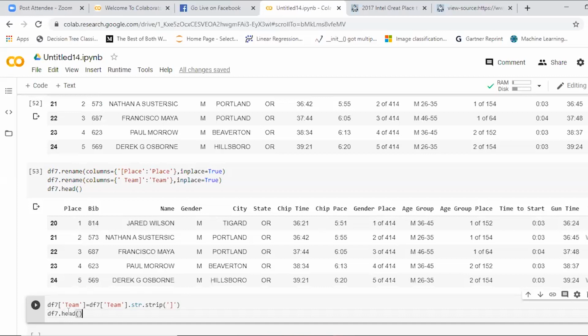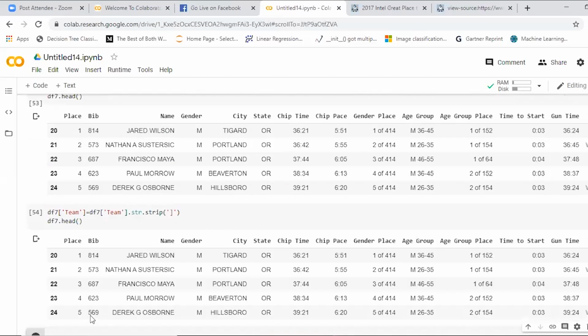Just to remove those things, I'm giving str.strip. Strip always removes the leading and trailing characters. That can be a simple string. df7.head. See, now you don't have anything in that data, right?